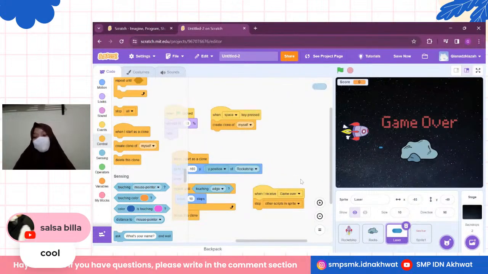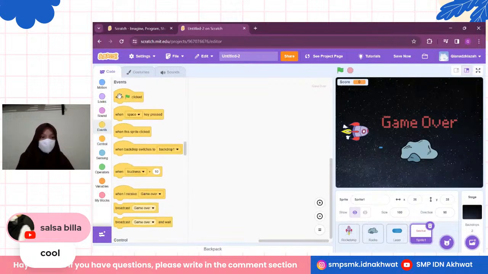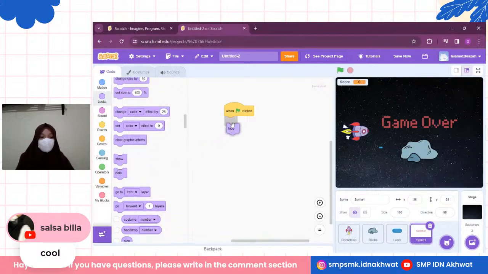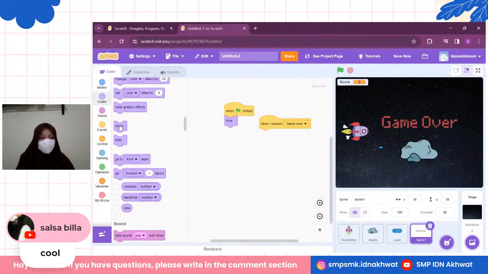And finally, we will go to the last sprite. And for the last sprite, that game over, there will be when green flag clicked, looks, and scroll down to get hide, and go to event again. When I receive game over, go to show,